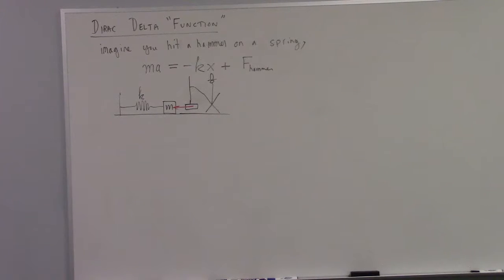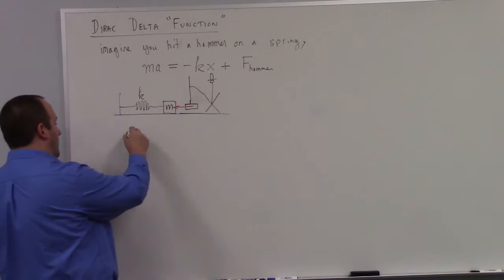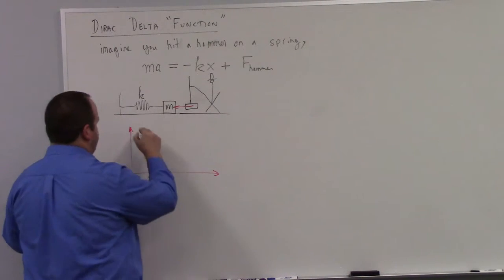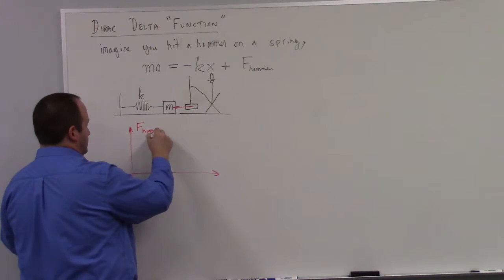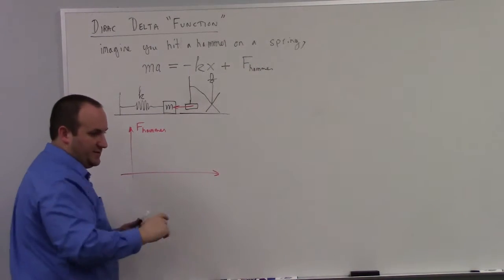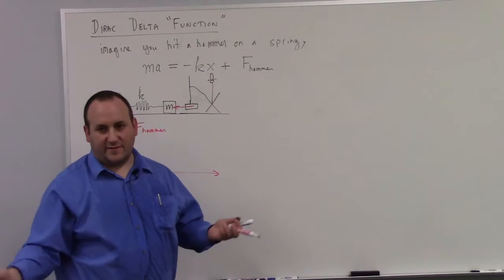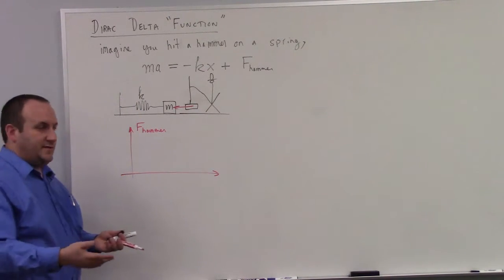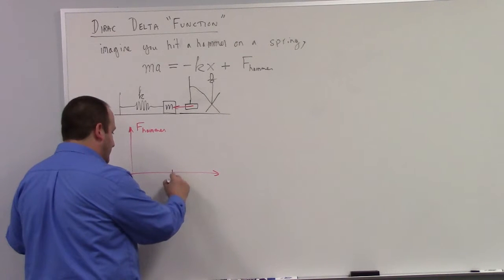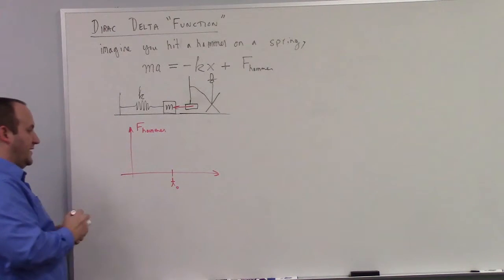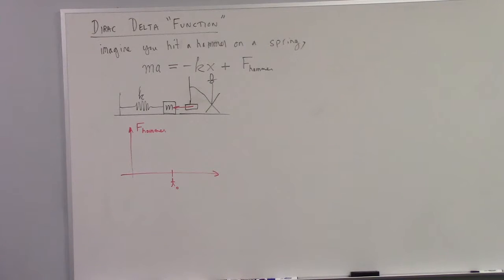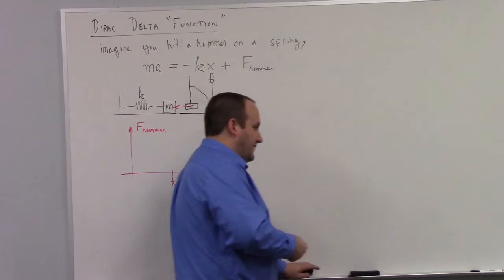How would you model a hammer hit to something? What would the force time graph of the hammer look like? The hammer hits it at one point. You know how you hit it with a hammer and then it just kind of draws off it. So let's say the hammer hits at time t naught. What's the force of the hammer? What's the graph look like? Up till time t naught, it's not doing anything. So the force of the hammer is concentrated at that one point in time, and the graph of that would look something like